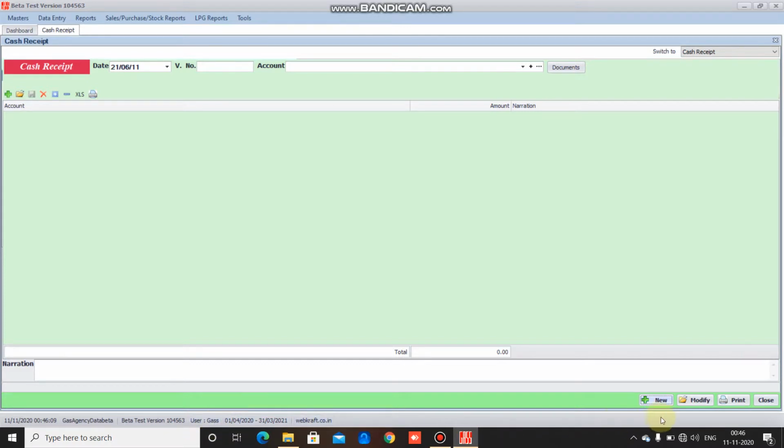To Gas user we have given restricted use of making new entries and modifying entries, but we have not given him the access to remove any entry. So that button is not there, and two other buttons like lock and unlock are not available for user Gas because he does not have admin rights. So it will not be available to him.